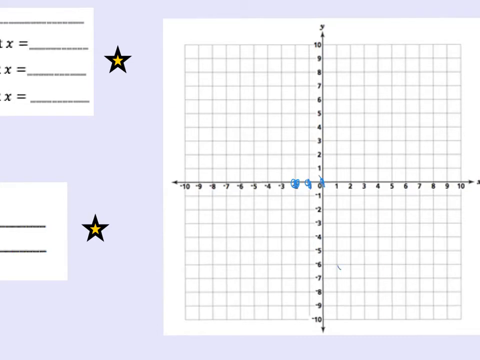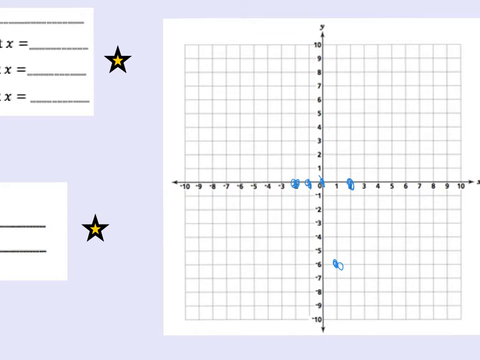At 1, I'm down here at negative 6. At 2, I'm back up here at 0. And by 3, I'm all the way up to 60, so I'm off the graph. If I keep coming left here, negative 2, 0, negative 3, I'm back up to 30. So at negative 1.5, I'm negative. Negative 1, 0, negative 0.5, I'm at 1. So it's going to end up being something like this,